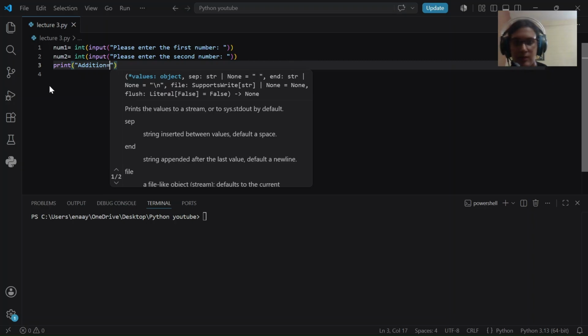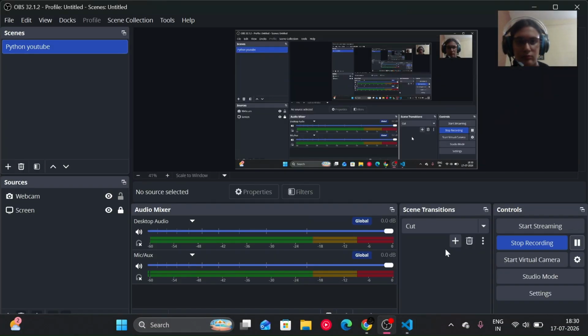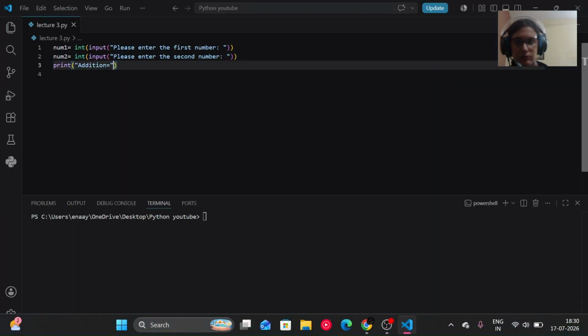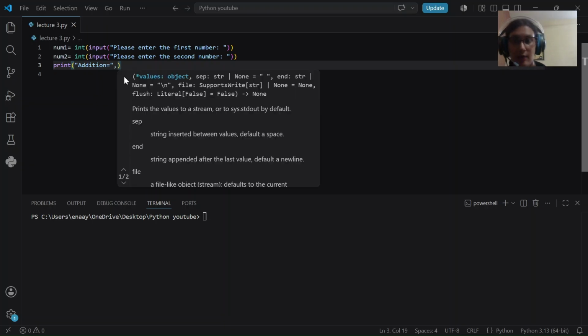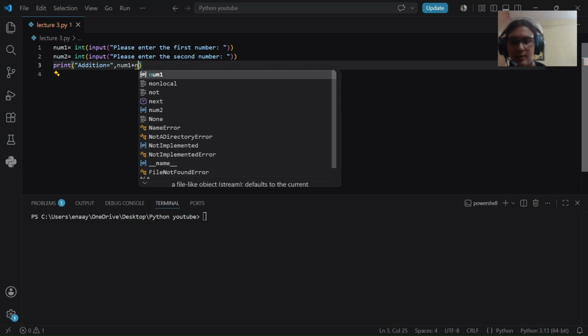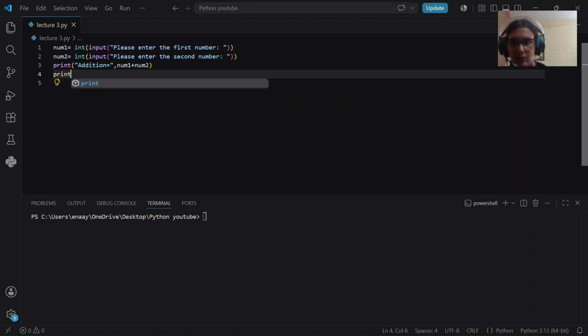Addition is equal to, then comma, don't forget the comma, num1 plus num2, and then we can do print